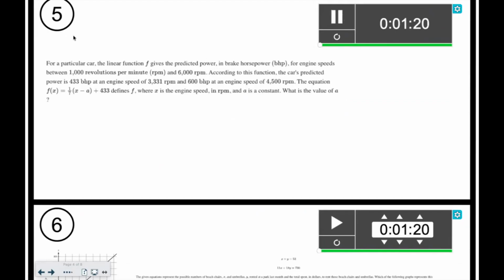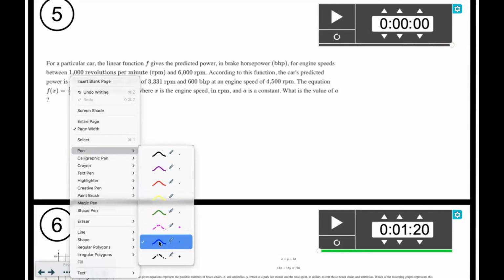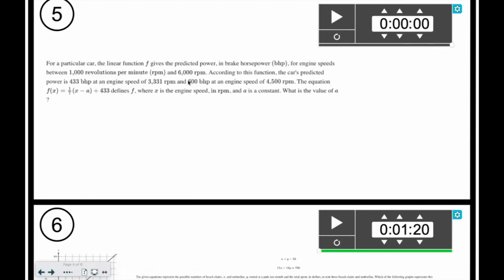All right. Let's take a look at number 5. So for this one, again, a lot of these word problems are about ignoring some of it. So just ignore this until we get here. The predicted power is 433 at a speed of 3,331 RPM. So if I think of that as a coordinate pair, I go back here, and it says,